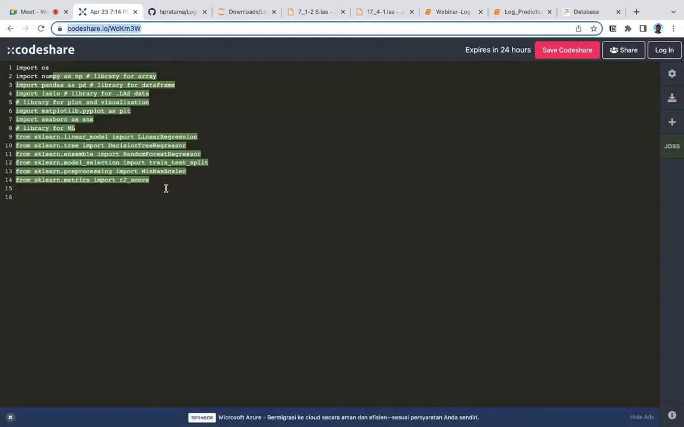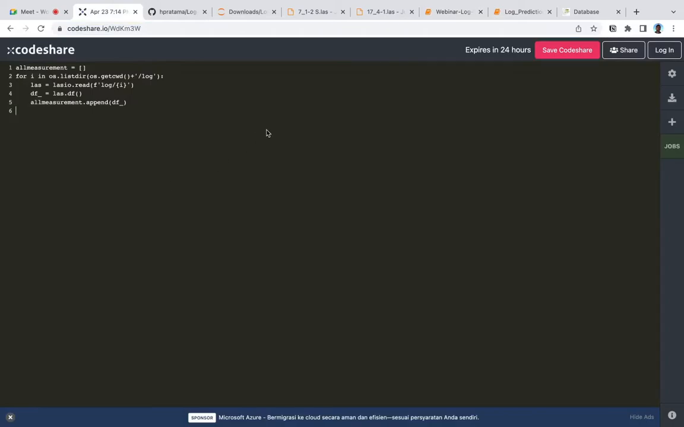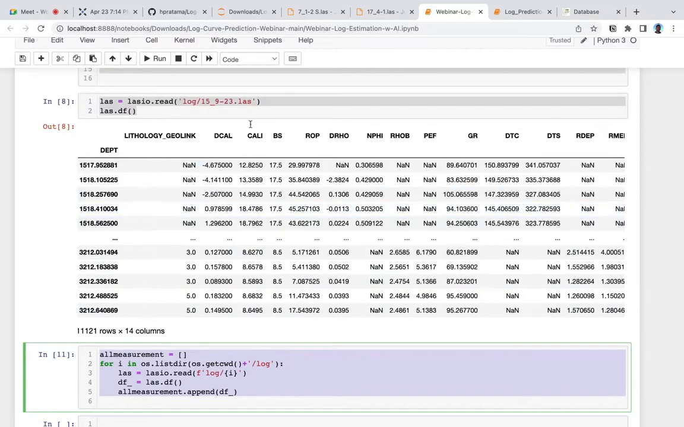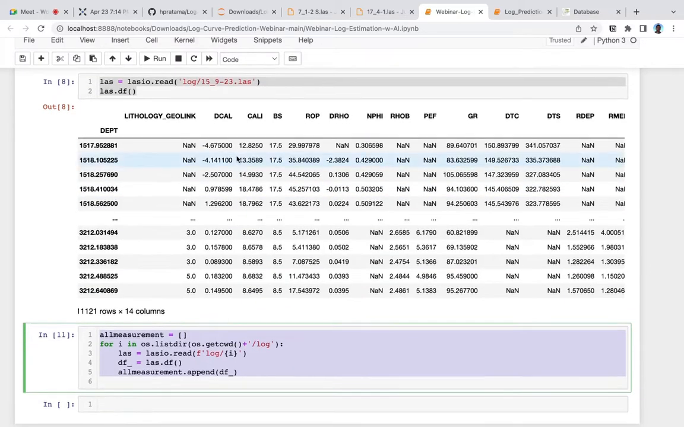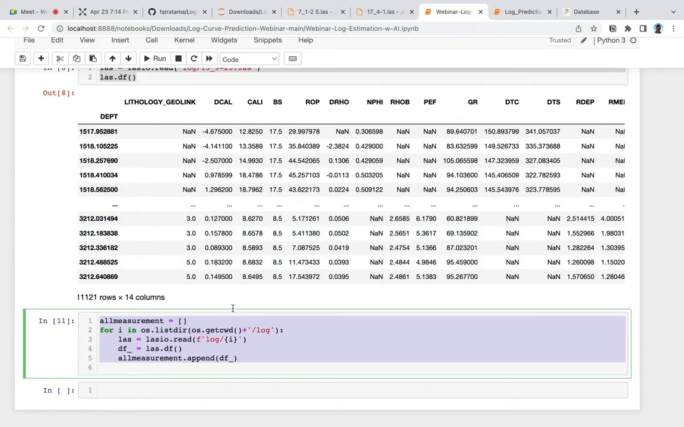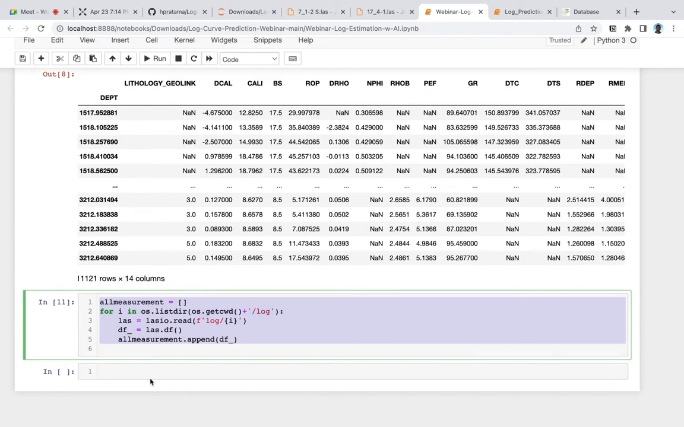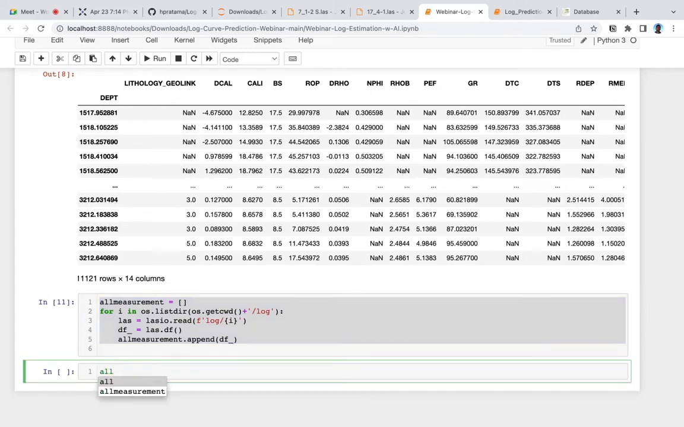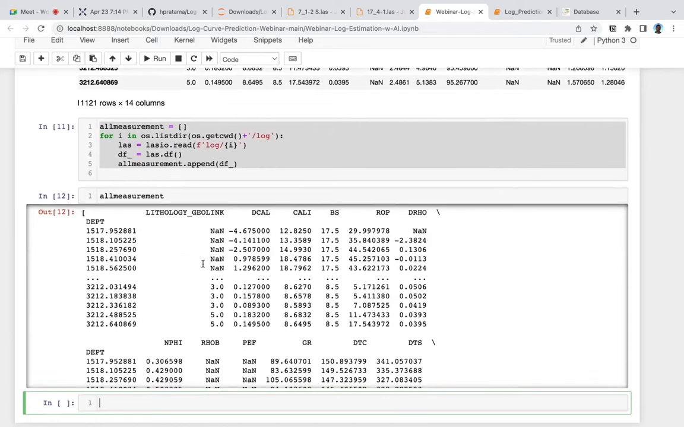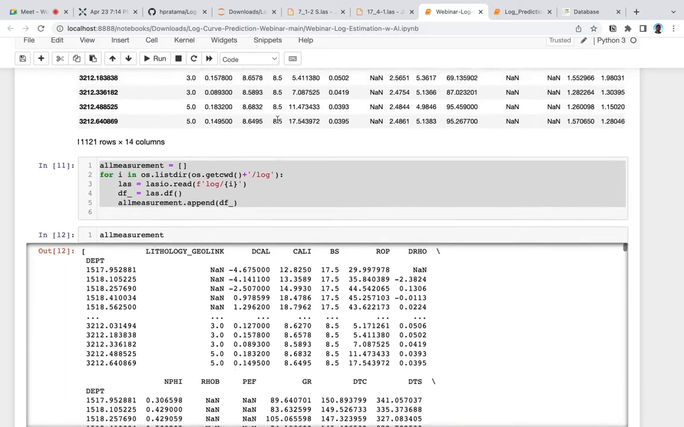So I will share the code in here. First we load the first file, and then we load another well log file and turn it into the data frame, and then append it into the all_measurement. If you want to see the all_measurement, it is like this. It is the collection of the data frames,